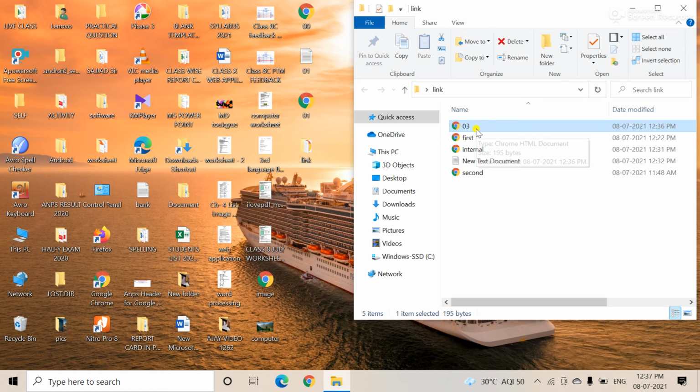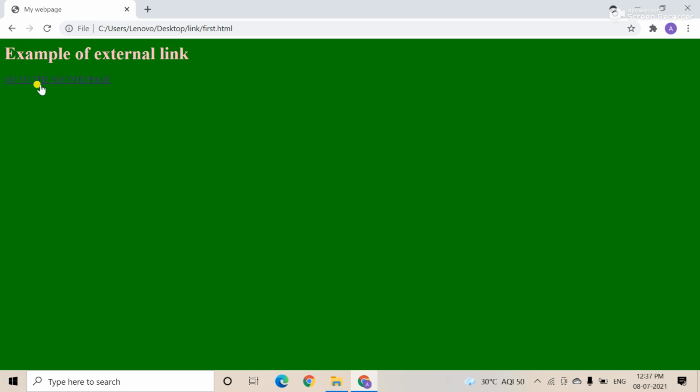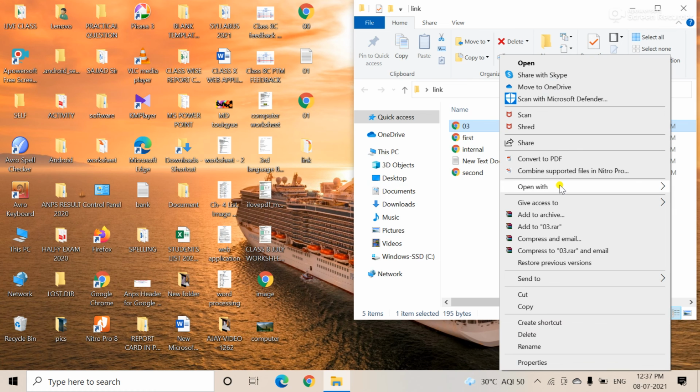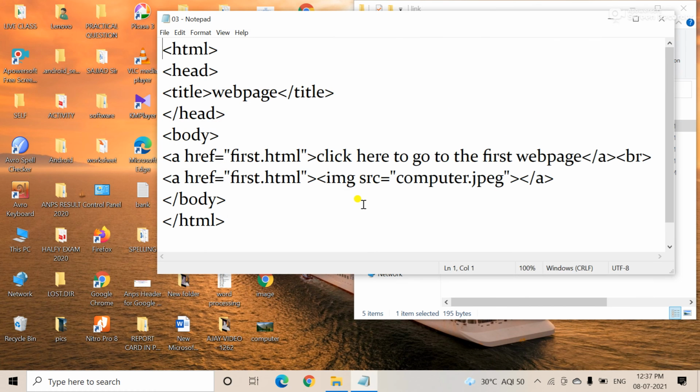And just hover over like this, and you see the picture is there. Just click, the first page opens. But the picture is not coming. Go and check your code. IMG SRC computer dot, okay, it is there.